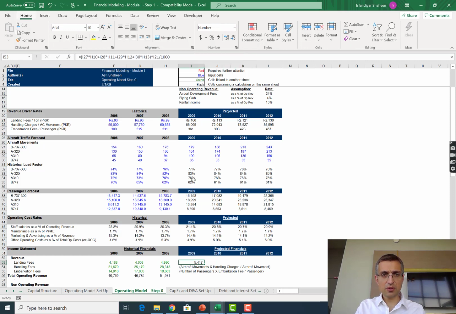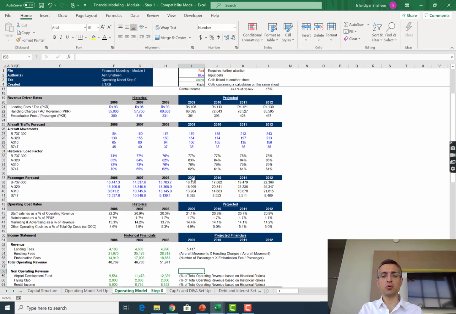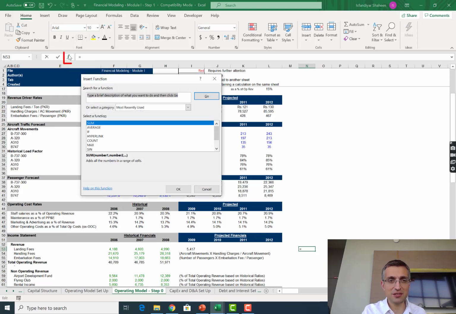Now here I want to talk to you a bit about thinking a bit more about Excel formulas, and figuring out ways through which you can write more elegant formulas. The formula that you see is far from elegant. Now at this stage, your knowledge of basic math will really help, because in this insert function, if you were to ever click this insert function button, you're going to see